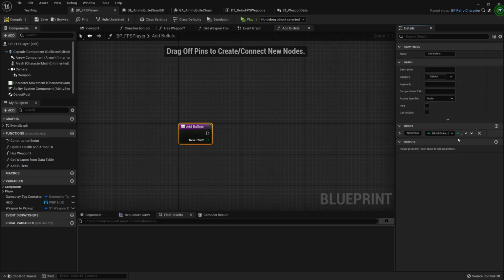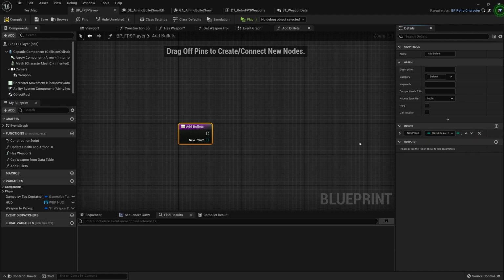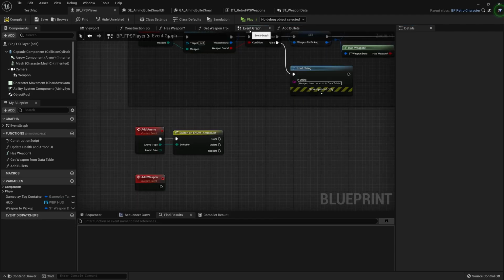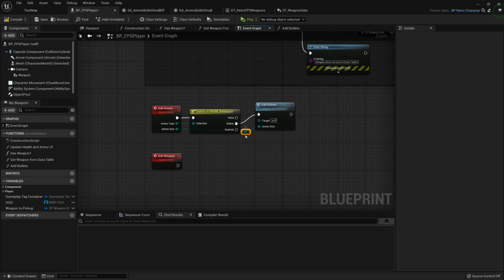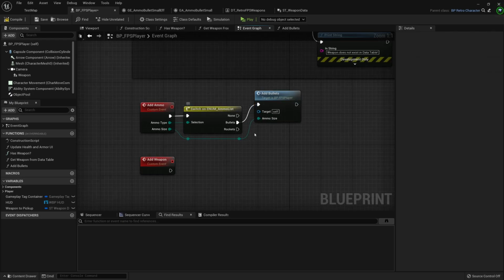And then for the input, we'll add the pickup size, and we'll call that ammo size. And if we compile and save and head back over to the event graph, we can drag add bullets in, link it up to bullets, link up the ammo size to the input there. And again, we're going to figure out rockets on a different video.